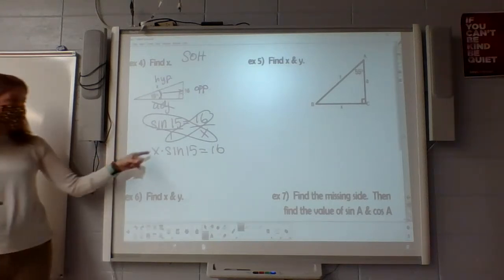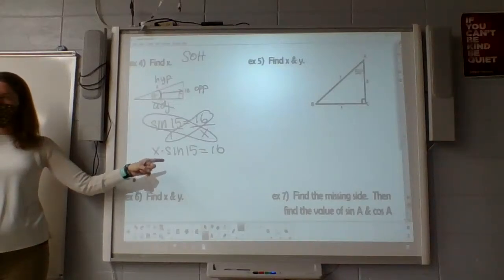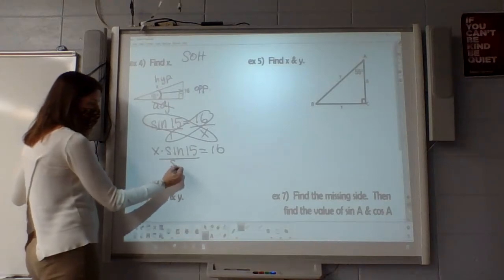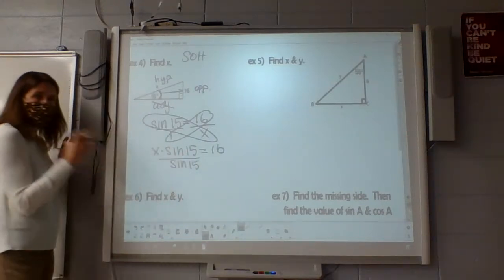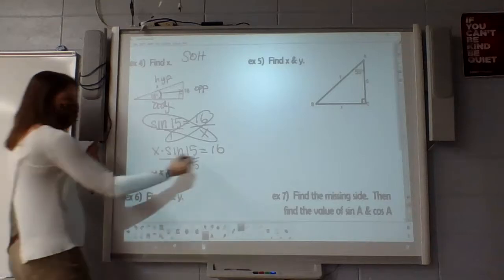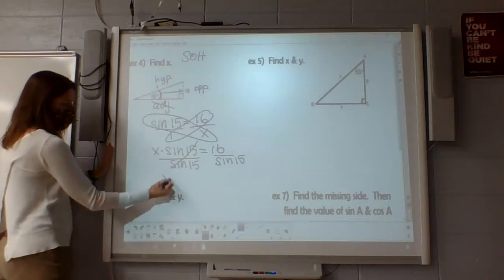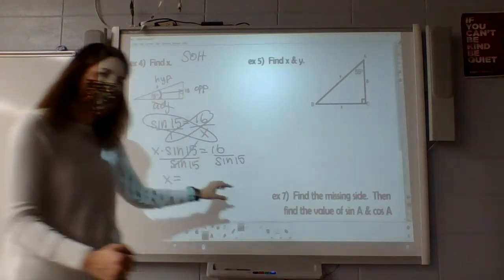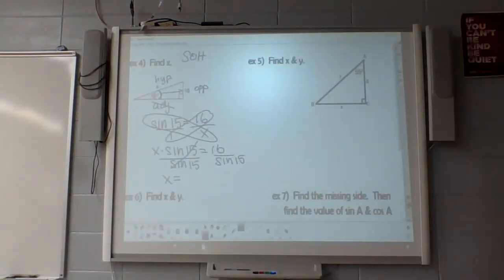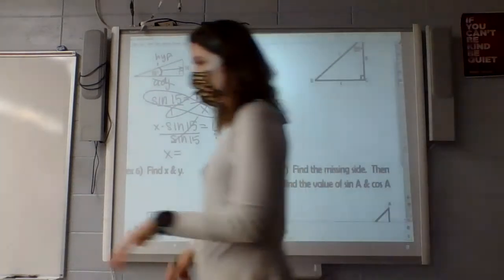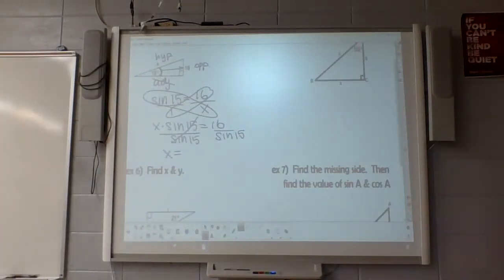Now, if x is being multiplied by the sine of 15, how do I undo that? Divide. So what we can do is divide by the sine of 15. This moves as 1. Sine of 15 is its own number. So I'm going to do 16 divided by the sine of 15. I want you guys to practice putting this in your calculator. Make sure you get the answer we're looking for. So 16 divided by the sine of 15 should work out okay. It ends up being